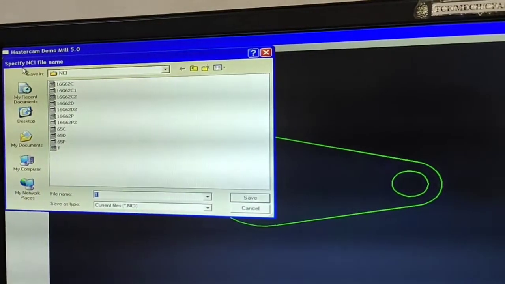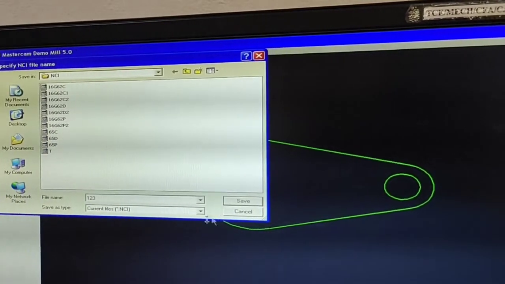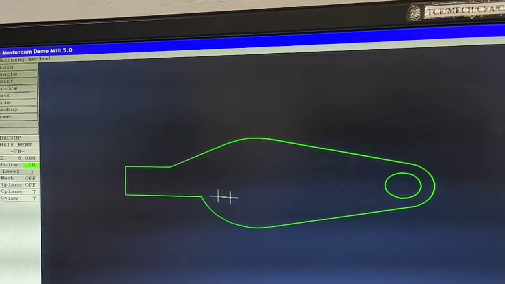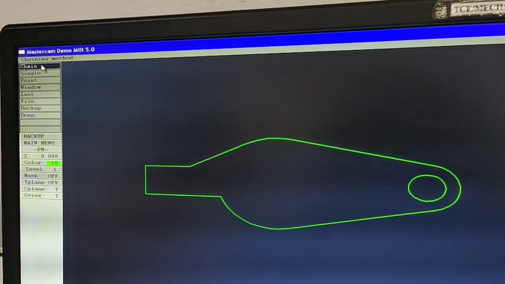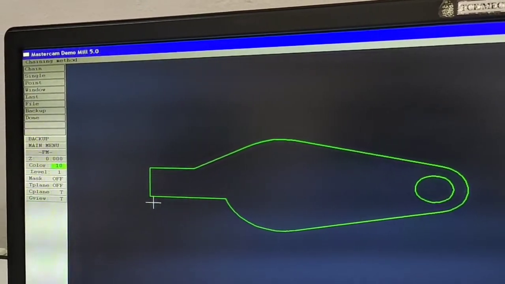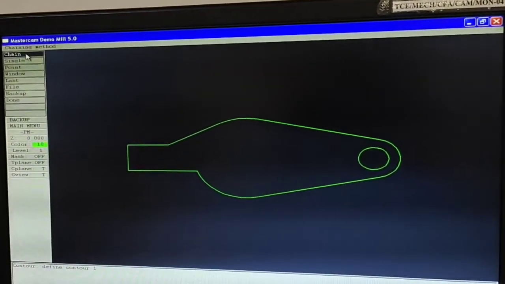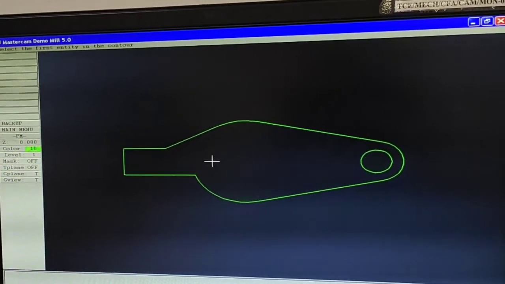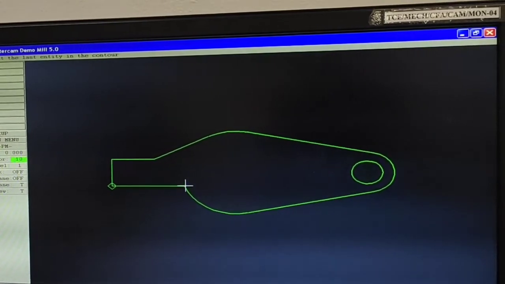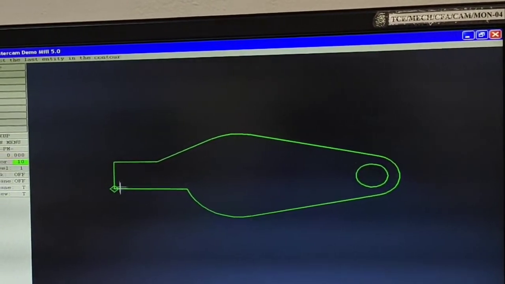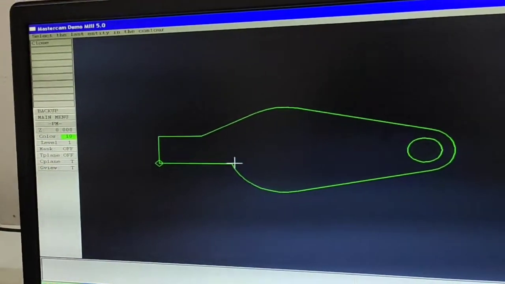For contour, it will ask for a file name. So 123 is one of the file names, the NC code file name. Save. Then the next menu will appear. If you want to select chain or single point, normally you select the chain, because if you start the tool, there is no interruption between the entities. So select chain. You have to select any one entity. For example, the tool will be moving from this point to here. Just select close. If you select close, the tool face will be positioned on this side.